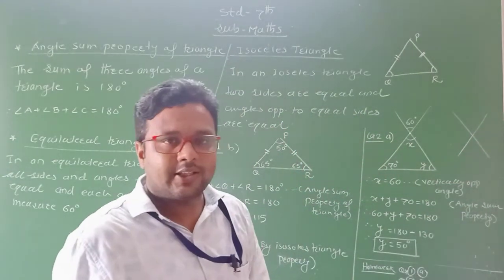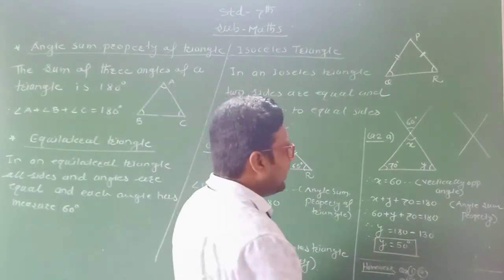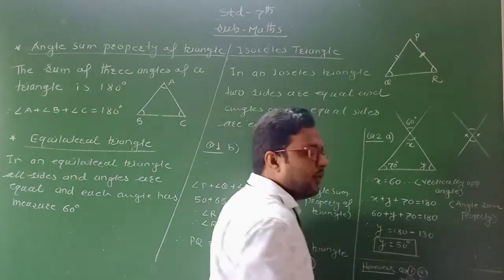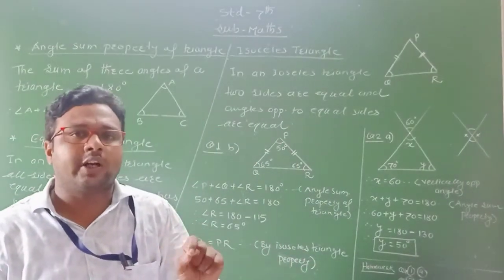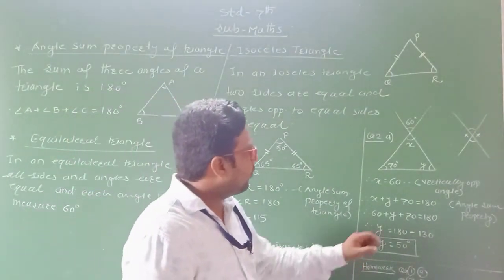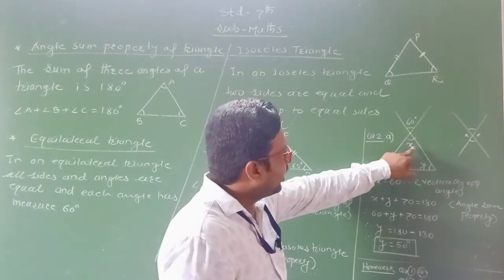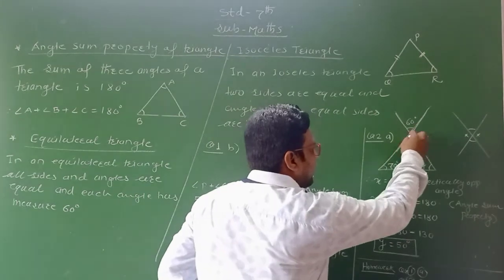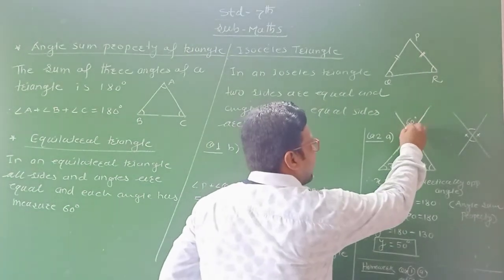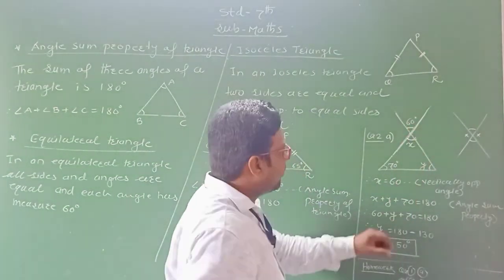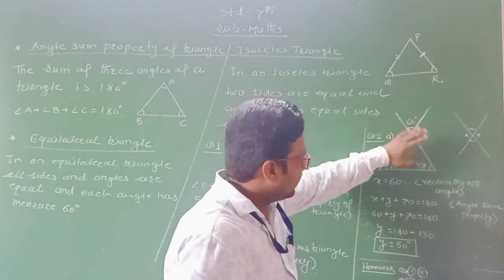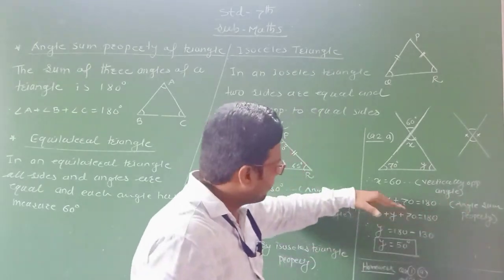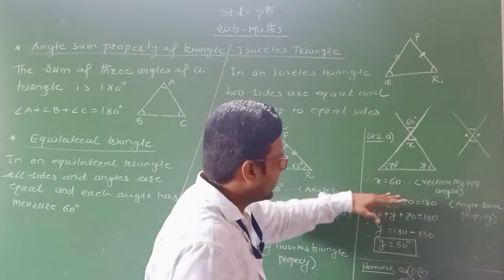When two lines intersect in a plane, then angles are formed. These angles are the vertically opposite angles, and vertically opposite angles are congruent or equal. Therefore, we can easily find out the value of x. We know that these two lines are intersecting here, which form the vertically opposite angle pair, 60 and x. Therefore, x is equal to what? 60. We write the reason: vertically opposite angles. Clear? From that, here we get x is equal to 60 degree.